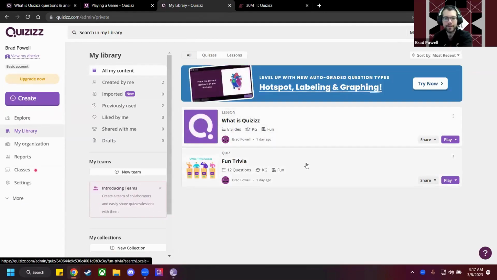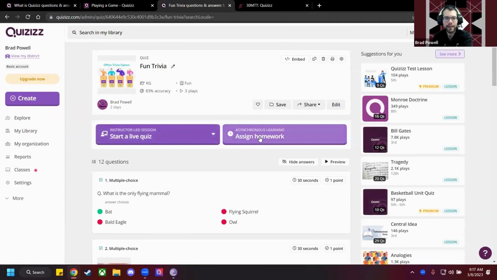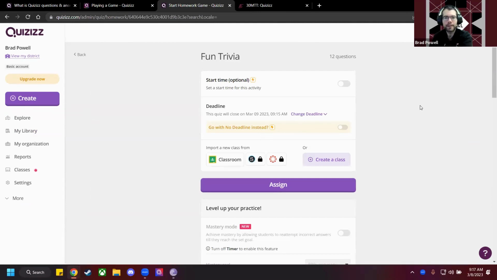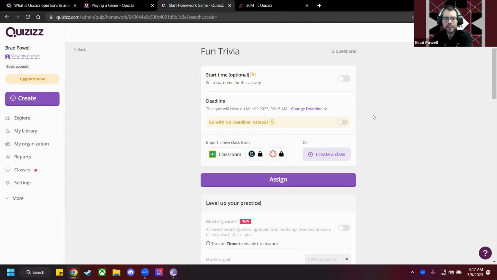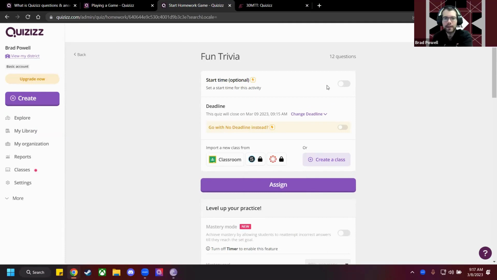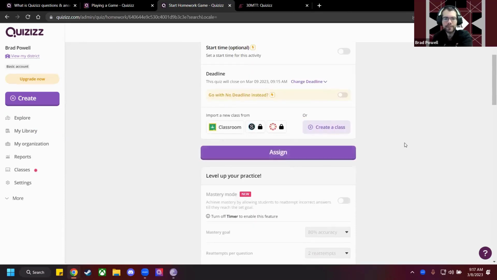So if I go back to that fun trivia question right here and I assign it as homework, it gives me a few options. Anytime you see this yellow lightning bolt, that just means it's a premium feature. So that's stuff that's locked behind. So it looks like if you want an actual start time and a deadline, that is locked behind the premium. But if you do just want to send this out to them to complete as like a Google form or something on their own time, you can just hit assign,